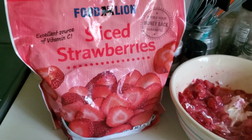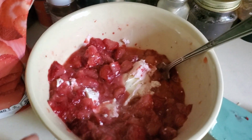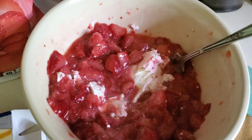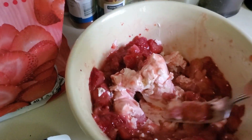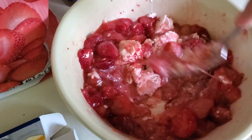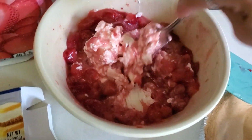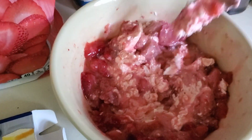And I got sliced frozen strawberries. You can use fresh. I usually get the ones that are sliced with sugar already added. I did put about a large handful, a chunk of the strawberries in there, and the cream cheese is already in there because I started making this, and then I thought I should show people how to make it. But I did on this one, since they're just sliced strawberries with no sugar, excellent source of vitamin C. I added a tablespoon of sugar, and they were frozen, so I microwaved them and the cream cheese for a minute and a half or something, and I've been kind of chunking them up with my fork. So once you mix all this together,